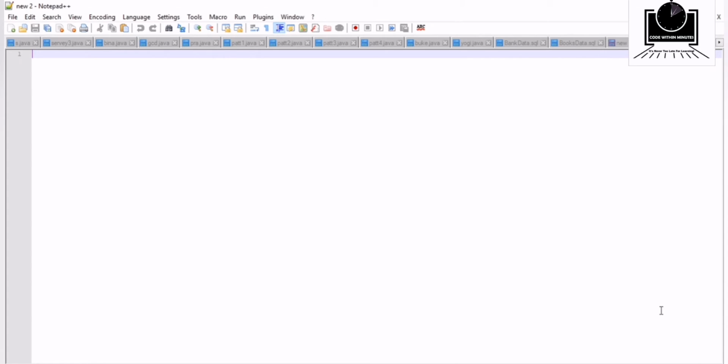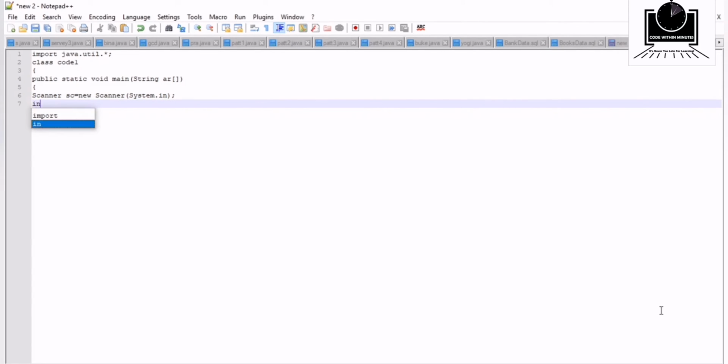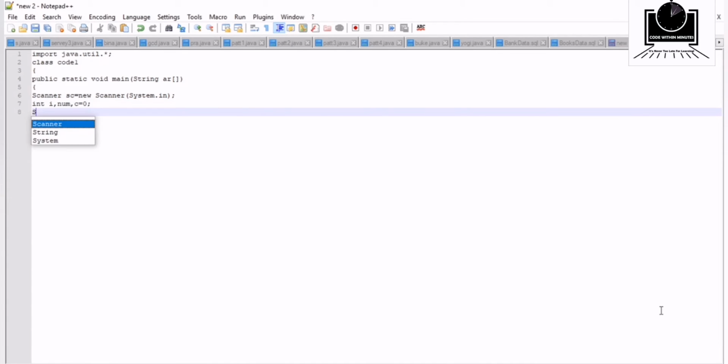Now we are going to implement it in Notepad++. You can take any IDE. First of all, we have to declare some variables like the looping variable i and num. num is the variable which we are going to check whether it is a prime number or not, and then the counter variable which is equal to 0. Then before writing the statement for inputting a number from the user, we have to give some message on the screen that says enter the number. So we are writing the enter the number message.